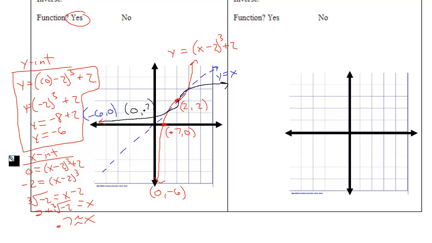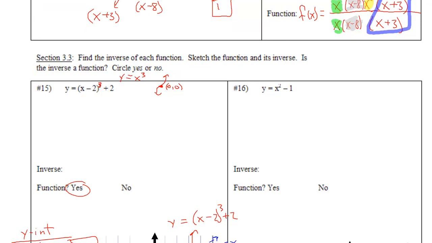So the graph is finished. I've got some work here. You don't have to show this work if you want to use your calculator. Just make sure you do it correctly. And the last thing to do is find the inverse. I haven't even found it yet. I didn't have to find it to graph it because I know what the graph is: reflected over the line